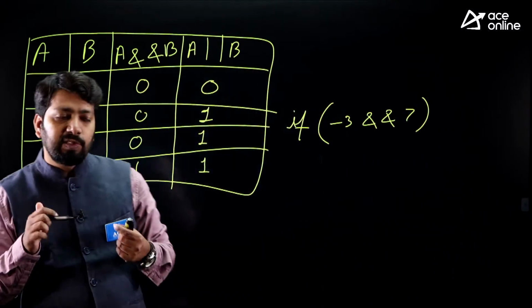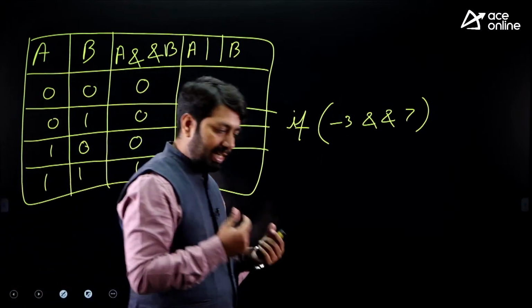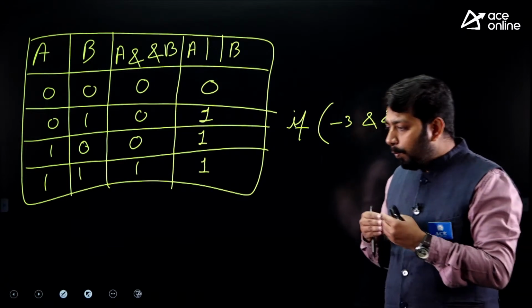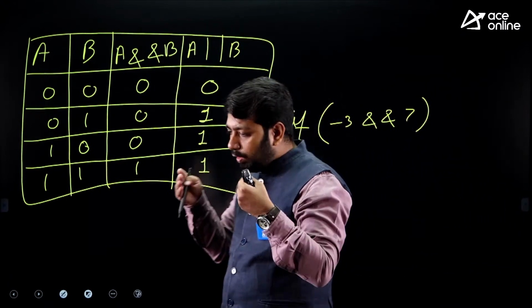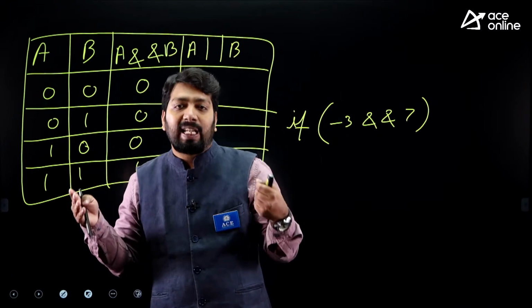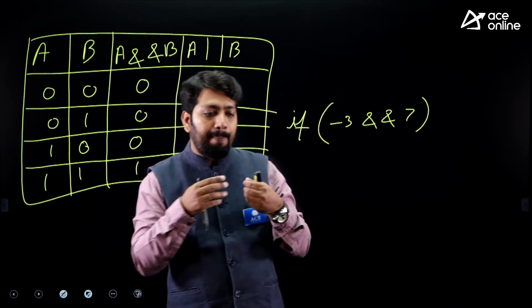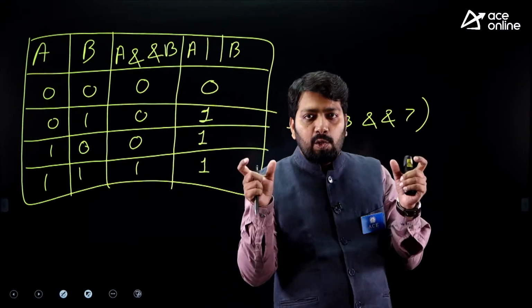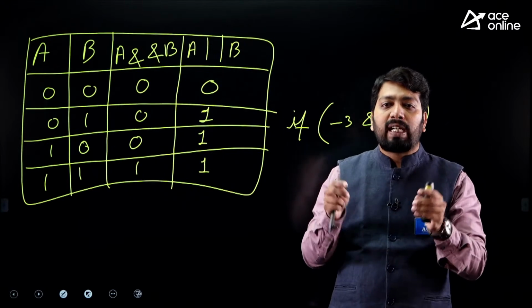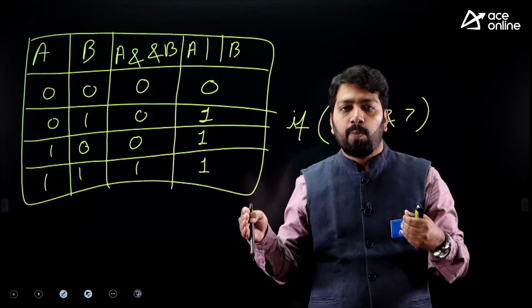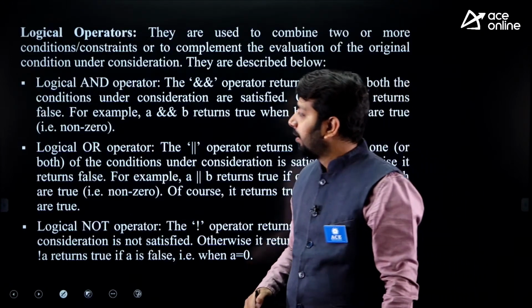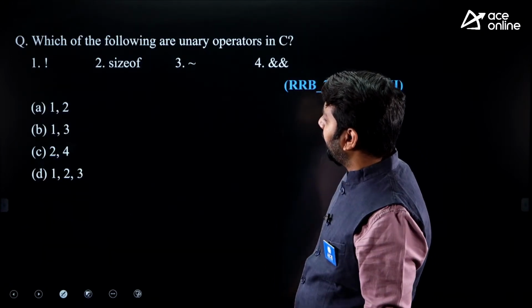That's why I am using the term operator rather than relational expression, because logical operators normally or mostly are used to combine two relational expressions, or we normally apply a logical operator in between two relational expressions. But what is the actual task? To combine two or more Boolean. Fine. Okay. Let's see. We have seen that.